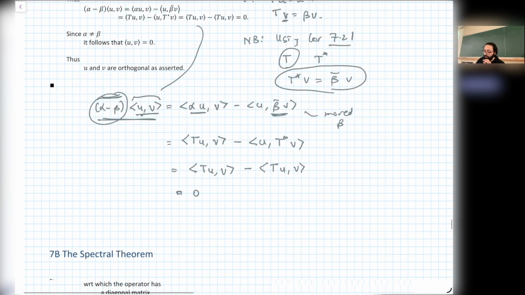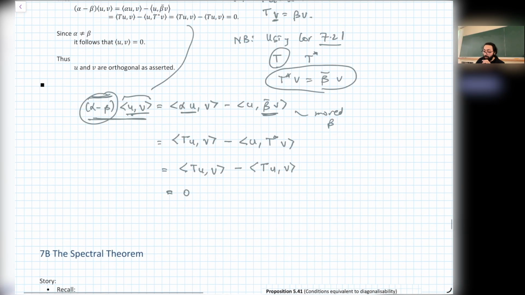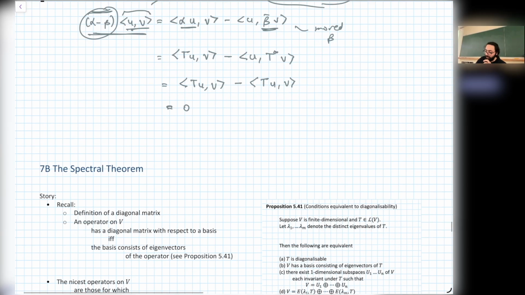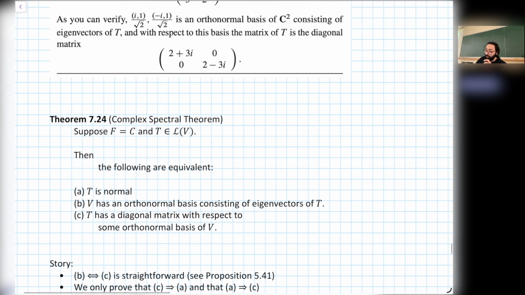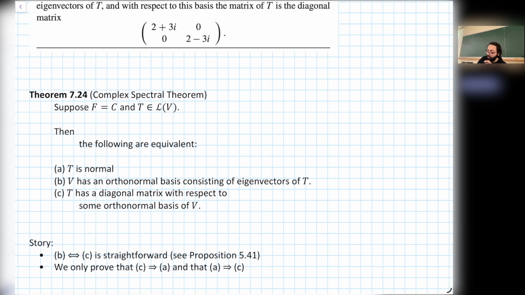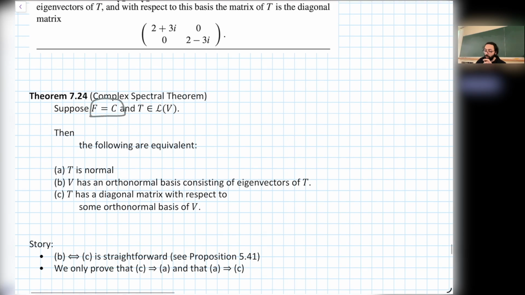Okay. So before we conclude for the day, let me just tell you what the statement of the spectral theorem is, because the statement is kind of clean. We'll do the proof later. It's just 2 minutes. We have like 2 minutes. The statement for the spectral theorem is very, very simple. It just says the following. You look at the complex field, and you look at any operator T. Then these statements are equivalent. The first statement is T T star equals T star T, which is that it's normal. This is equivalent to saying that there exists an